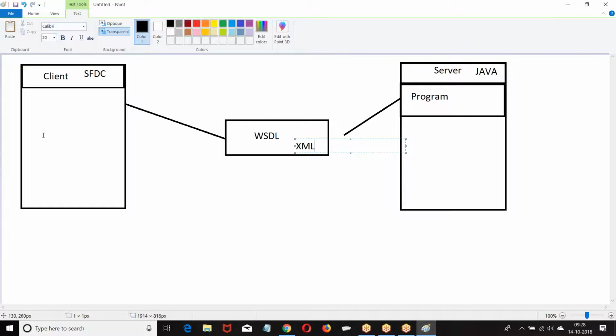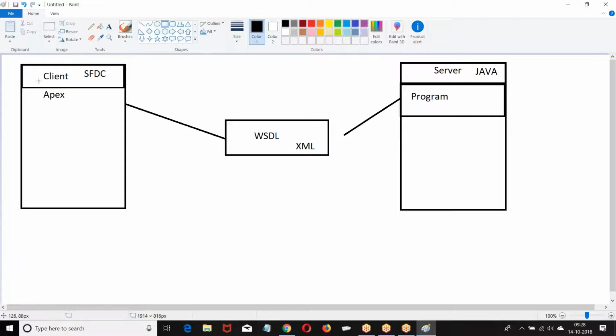Now, when the Salesforce people take that WSDL file and consume it, the WSDL, which is in XML, will be converted into Apex. Do you get my point? The Java program is converted into XML, which we call WSDL. That WSDL is given to the client. When the client consumes it, it is converted into their native language. Now it is an Apex program.